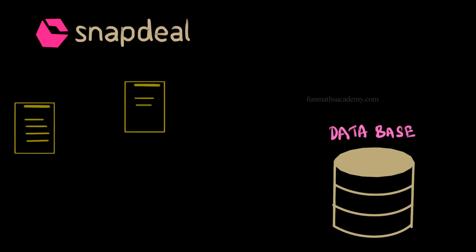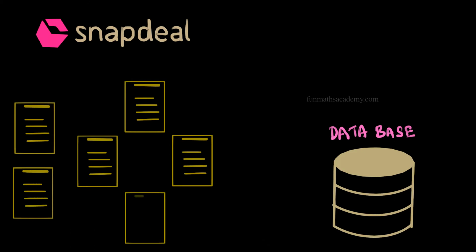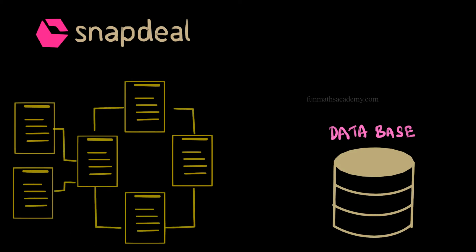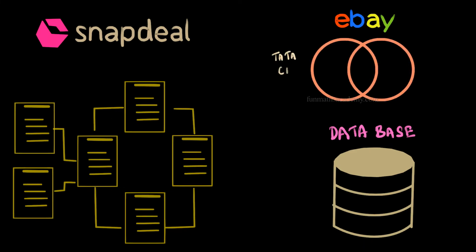In order for the website to run faster, the programmer would have divided the database into many sets. Suppose you're looking for a big car, say Tata SUV in eBay, then the database would list out the common items in two sets, that is, brand name Tata and car type SUV. This is where the concept of intersection in set theory is useful. In this video, we shall check out the concepts intersection, union, and difference in set theory.